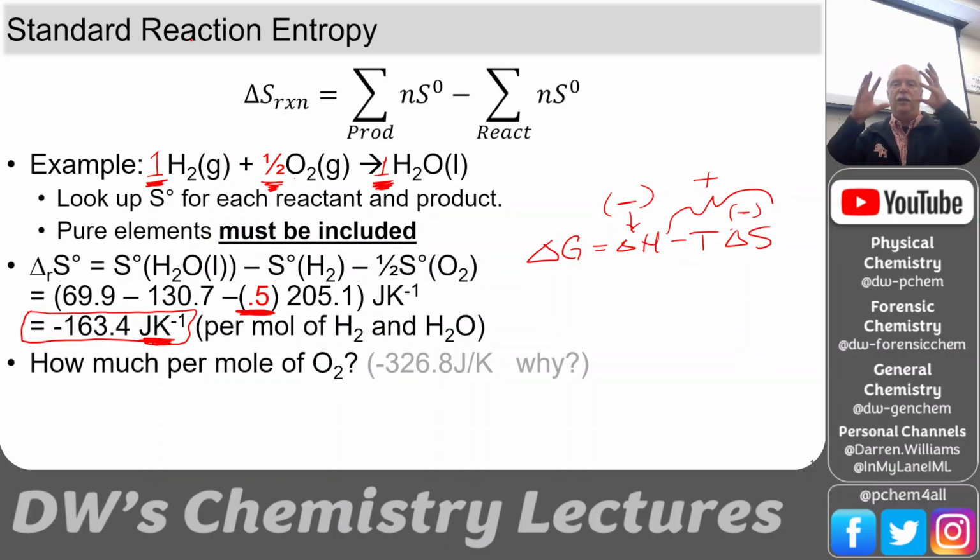So if you have a fuel like hexane plus oxygen, you've got 1 mole of hexane. Think of how many moles of CO2 it produces. 6 moles of CO2. You've got all those waters, you've got molecules of oxygen that are being broken apart. It's producing a whole lot of moles of gas. So entropy is increasing and it's releasing heat. So that's why it's so hard to stop combustion. Once a fire starts, entropy is going crazy and it's releasing heat, which increases the entropy all the more. And so combustion is a great thing in control. When it gets out of control, obviously it's so destructive because it's so hard to stop.